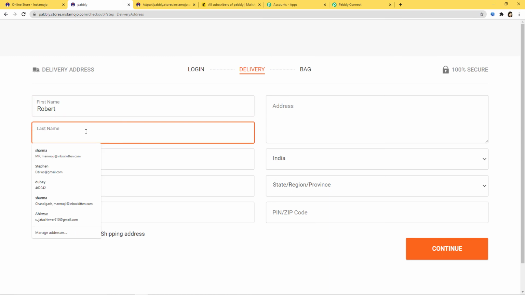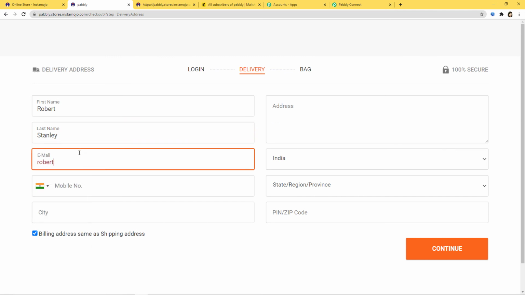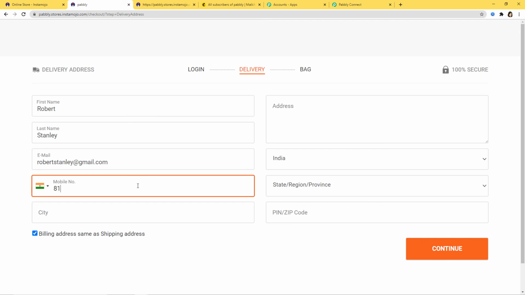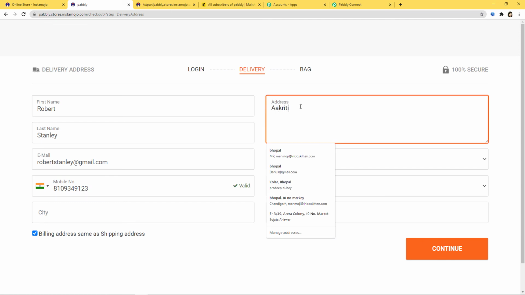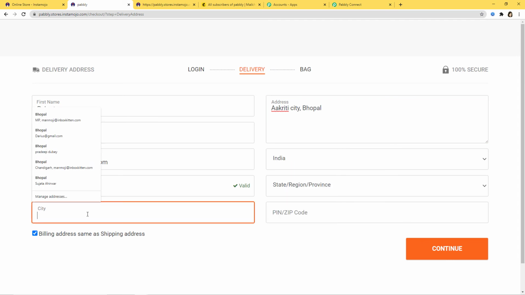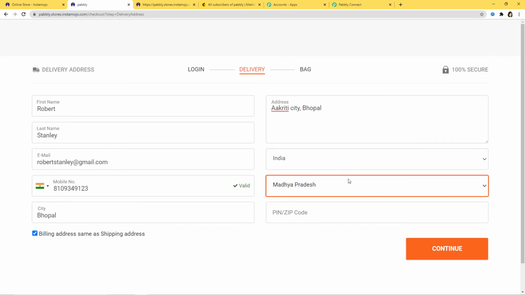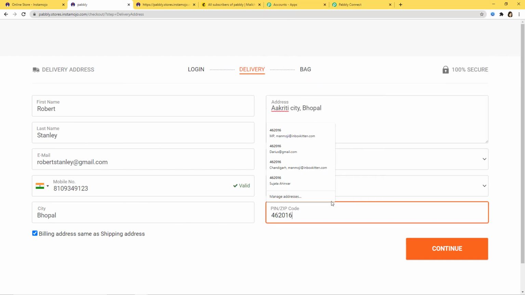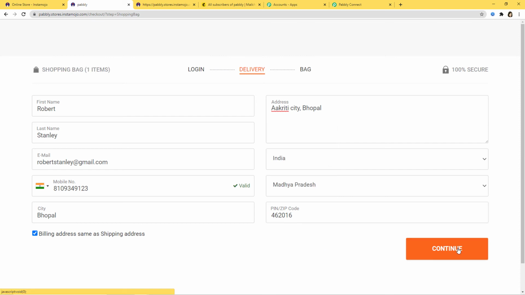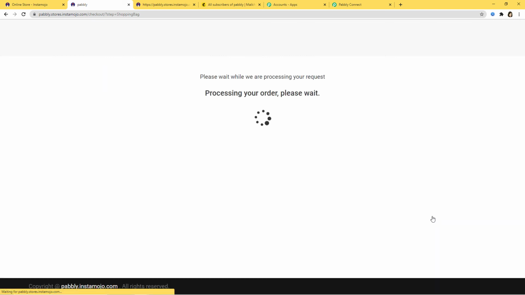Robert, last name is Stanley, email robertstanley@gmail.com, mobile number, address, city, here I'll choose Madhya Pradesh, pin code. Okay, continue. Okay, so now I'm going to make payment.